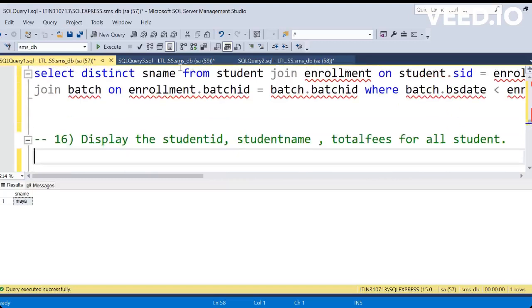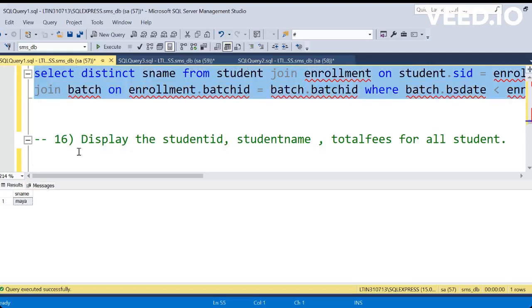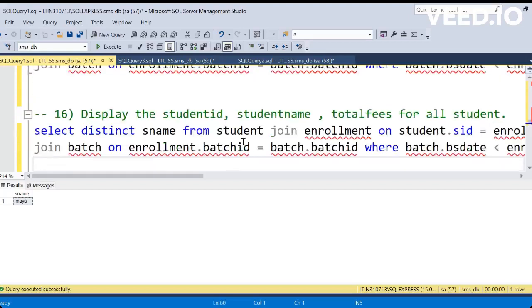We know we do not have any direct relationship between the student and the courses, only through batches and then courses. So for that purpose we have to join everything. First, we'll see how to join everything. So instead of where, I will skip it. Up to here we have mapped enrollment with student id, and then student with the batch. One more thing which we have to join is the course table on the condition batch dot course